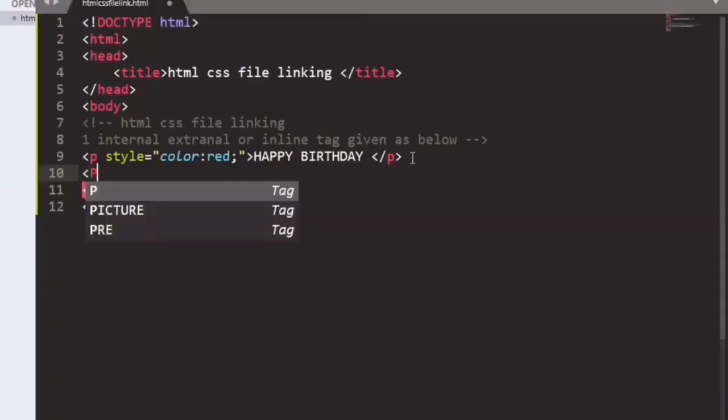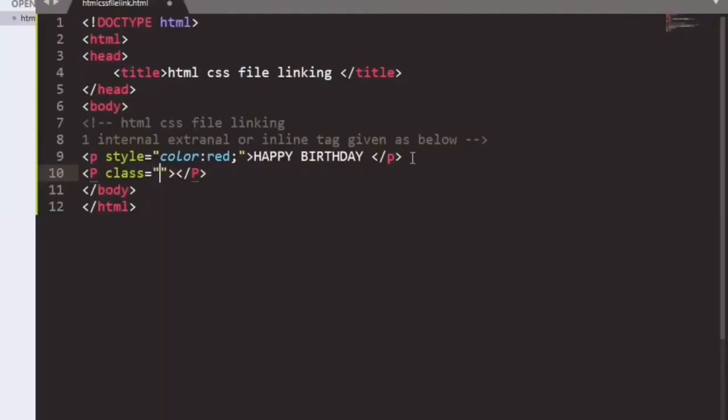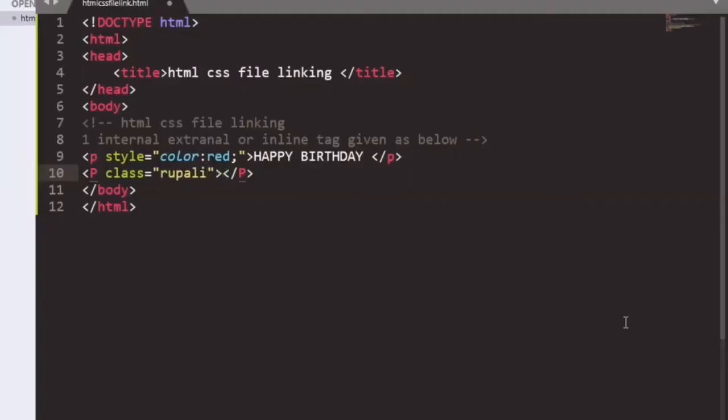In the next tab we are taking another paragraph tag, in which we will pass the value, that is div. Suppose we are talking about internal CSS.